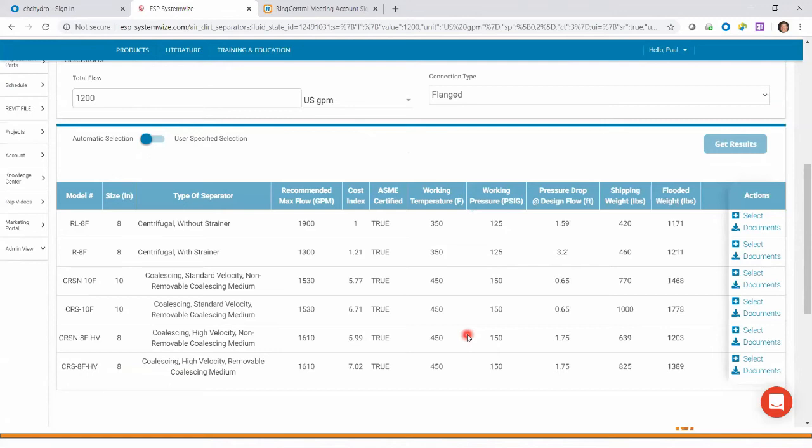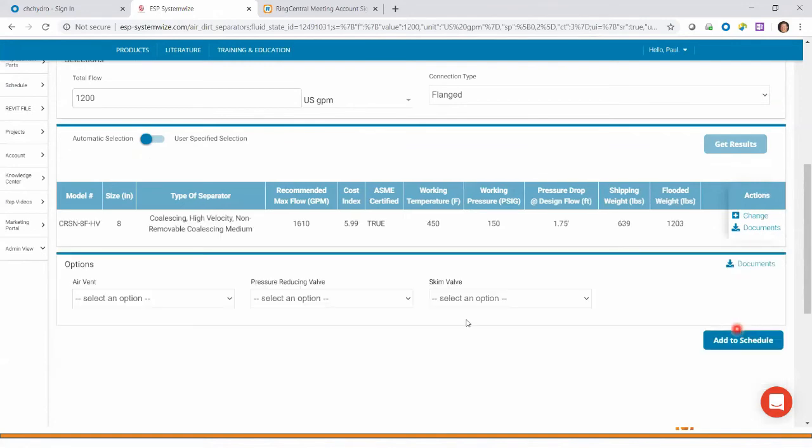Well, we've got an 8-inch line for 1,200 gallons a minute, but we could also use some coalescing if we like, whether it's non-removable or removable internals. So however you like to look at this, there's definitely a cost impact to go coalescing, but that's certainly an option. We can select, maybe add an air vent to it,